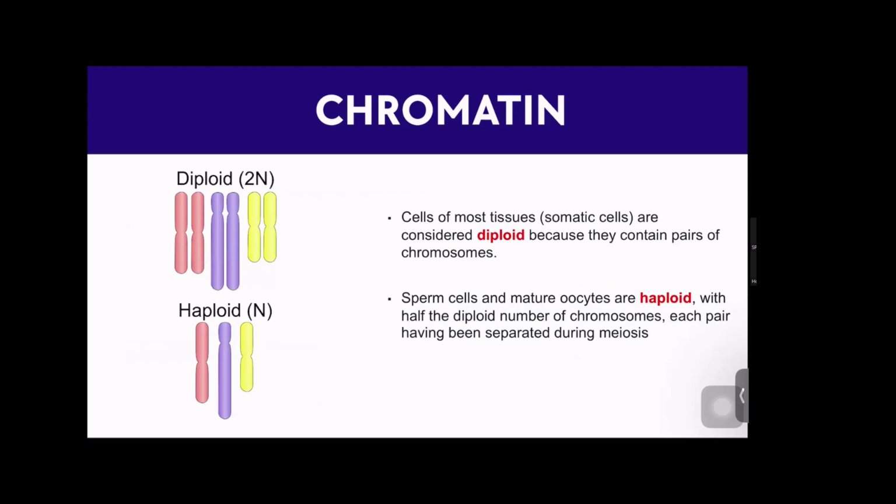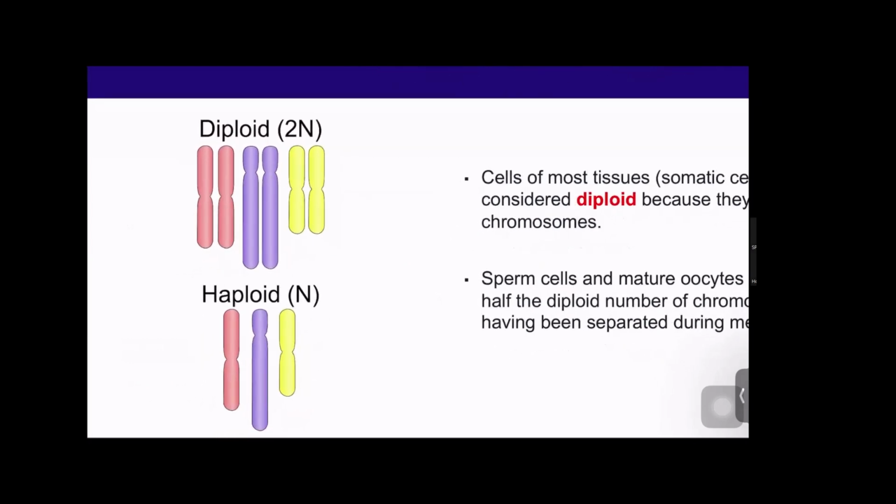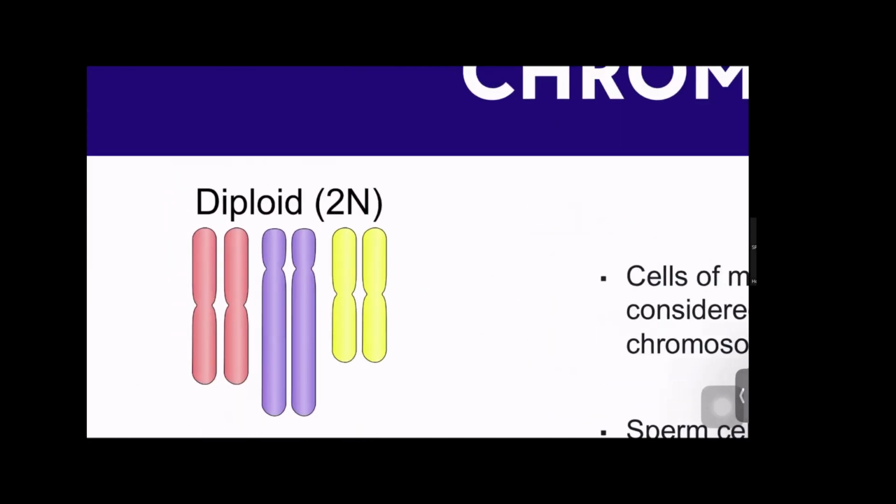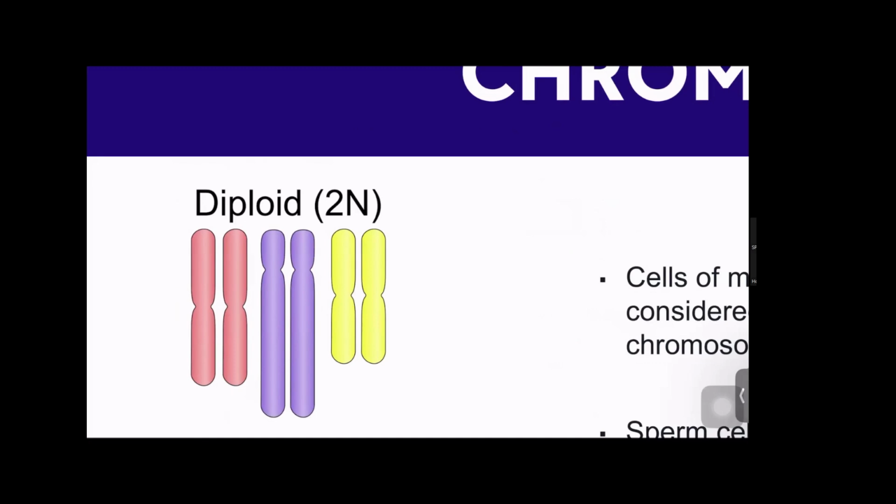Cells in the human body contain different numbers of chromosomes depending on their function. So the terms diploid and haploid describe the number of chromosome sets in a cell. So a diploid cell has two sets of chromosomes, one inherited from the mother and one set from the father. Examples are our somatic or body cells, including our skin, muscle, and nerve cells.